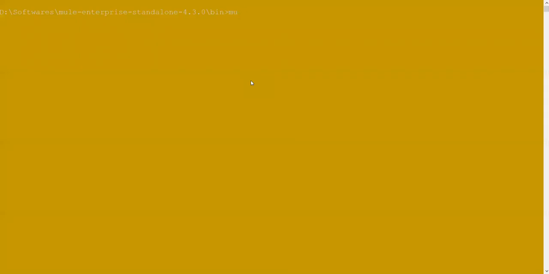If I simply say mule, okay, so this will run the bat file, and it actually calls the Java Service Wrapper software, that is, Tanuki software. So we'll not be going into detail about what Tanuki software is. It's like a wrapper on your Mule runtime. It will take care of your Mule runtime. Okay, so we can say it's a kind of gatekeeper. It has a responsibility to monitor our Mule runtime. Okay, so that software will be started from here, and that will start in the console. Okay, so let's see.